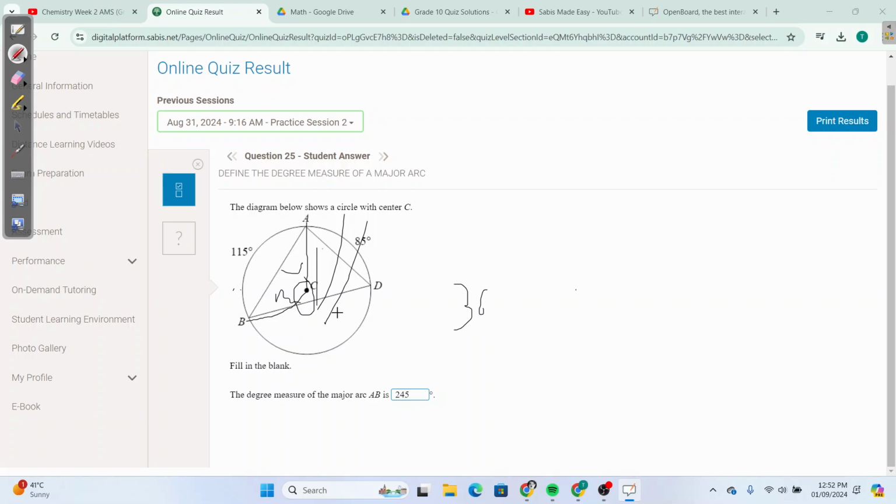So AD plus AB. Or so it would be 360 minus 150. I'm sorry, if it's not clear enough, I'll explain it in the comments. Just tell me if it's not clear enough. 360 minus 115 because